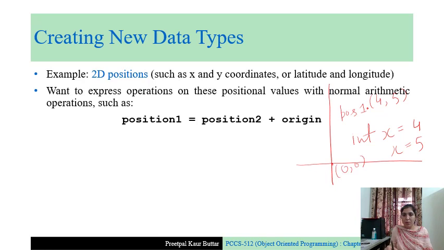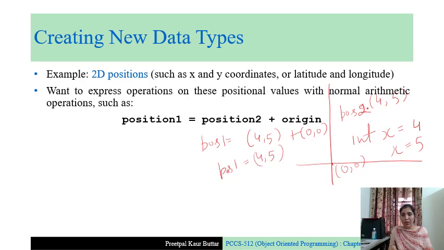Then we can write pos 1 is equal to 4, 5 plus 0, 0, and the result will be pos 1 equal to 4, 5.